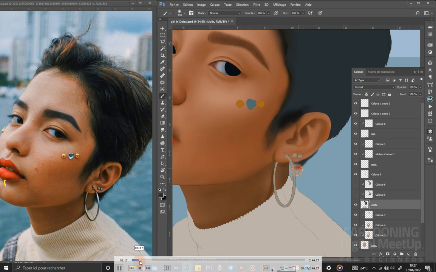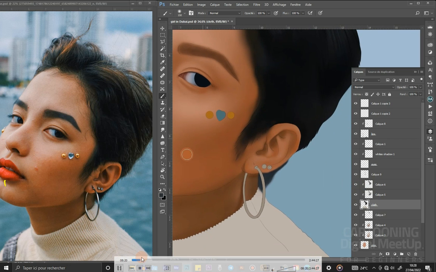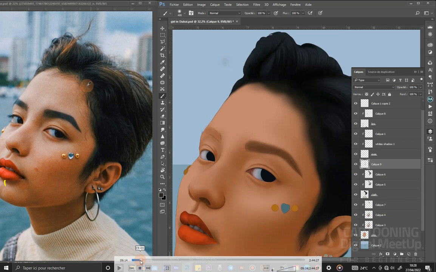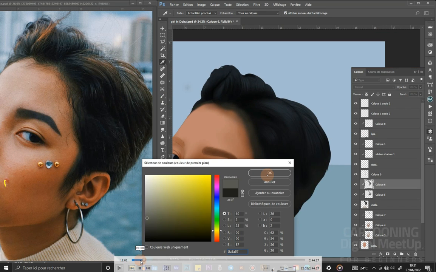Okay, I'm going to show you that there are some missing points here. You see the hair? I forgot to complete the hair here, so don't worry, we are going to complete it together. Here is the cloth layer. What I do, I move a little bit here, then I select my